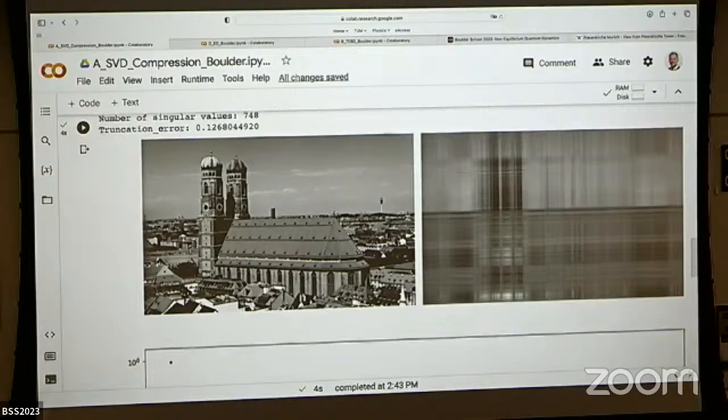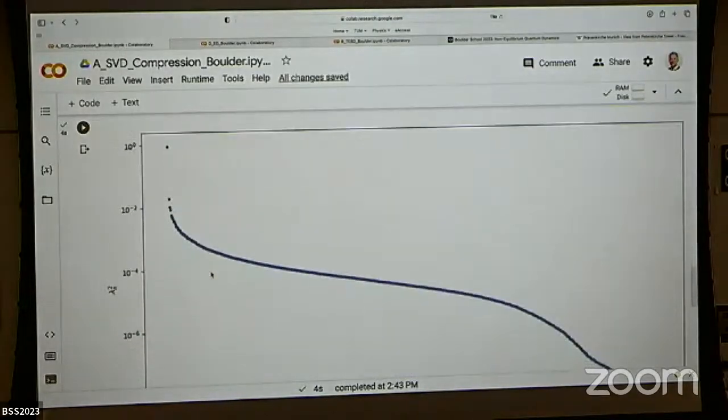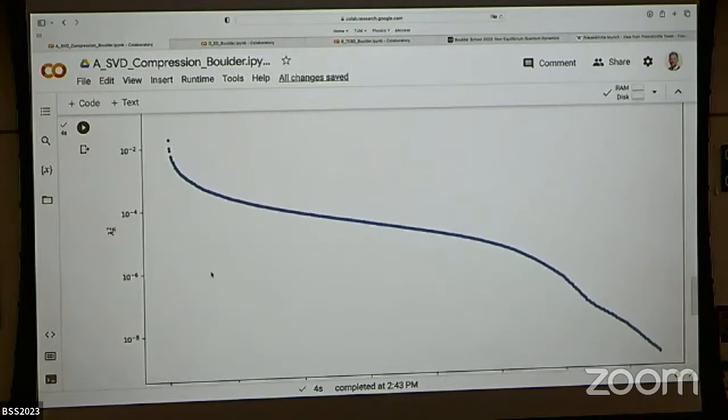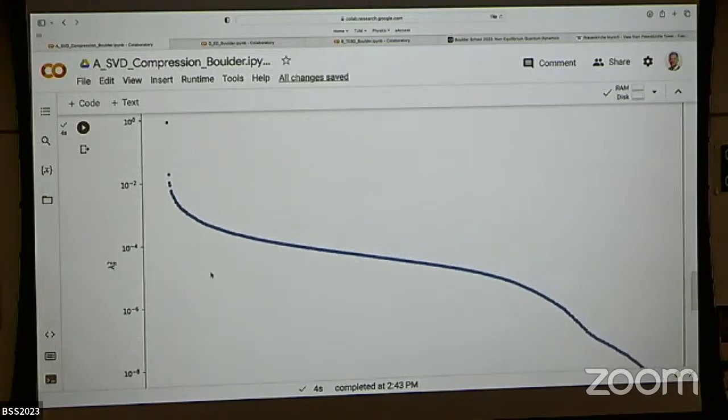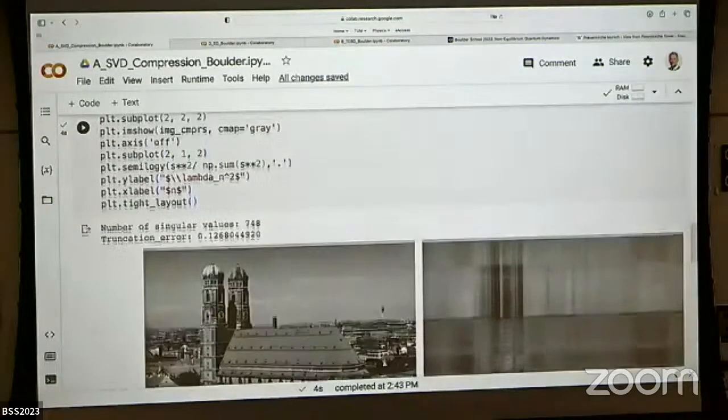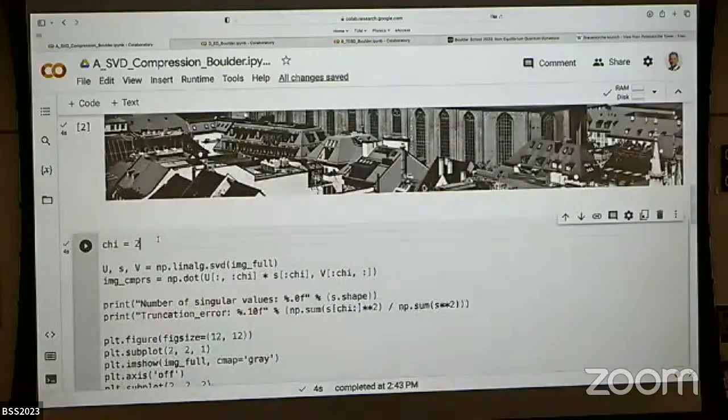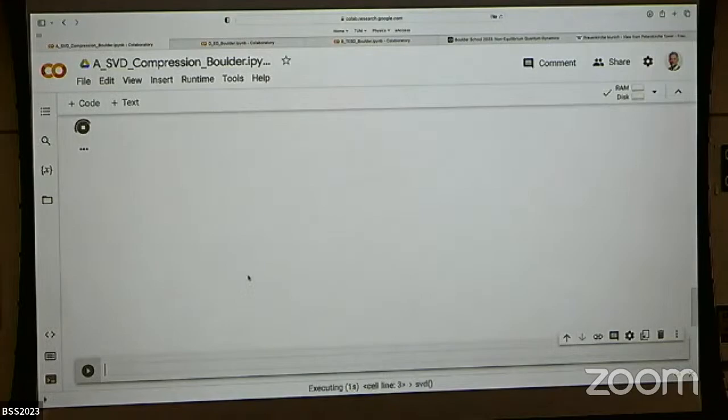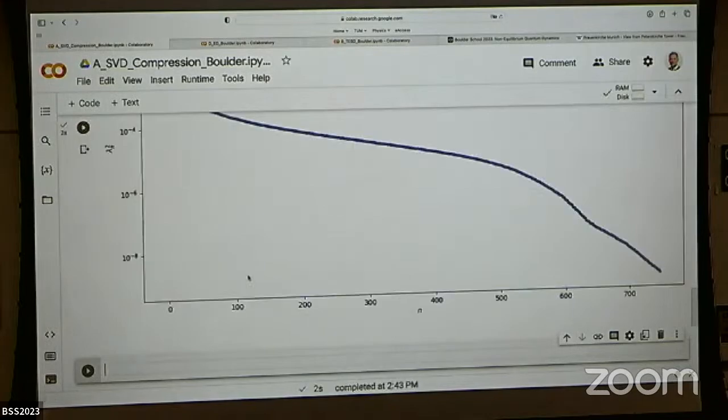But now we can also look at the distribution of Schmidt values. Here I did exactly what I argued before. I just sort them according to their size, and we see that there's a bunch of ones that contribute fairly strongly, and then it just decays. So from this, we are somewhat hopeful if we just increase this number to something which is still much smaller than 800, maybe 50, and play this game again.